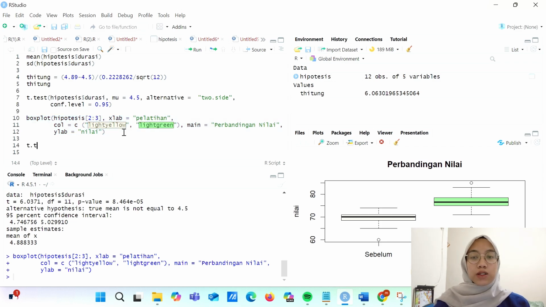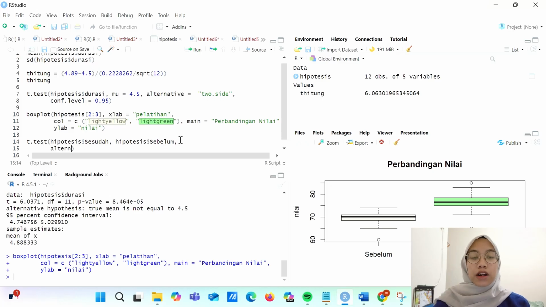Then we proceed to the paired t-test, where we use data from the after and before columns, alternative two.sided, paired equals TRUE, mu equals 0, and confidence level equals 0.05.